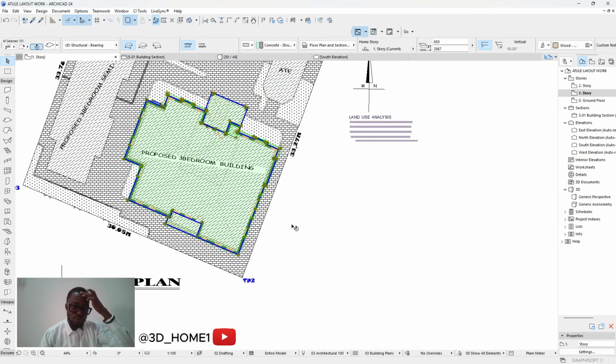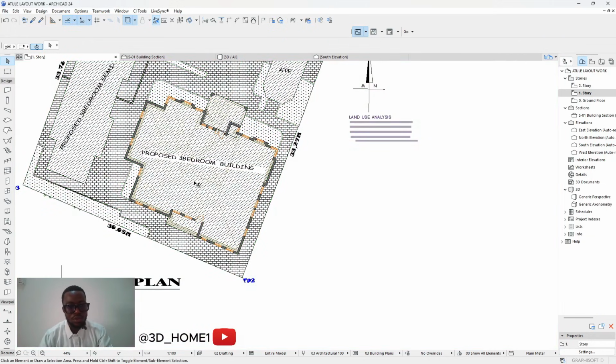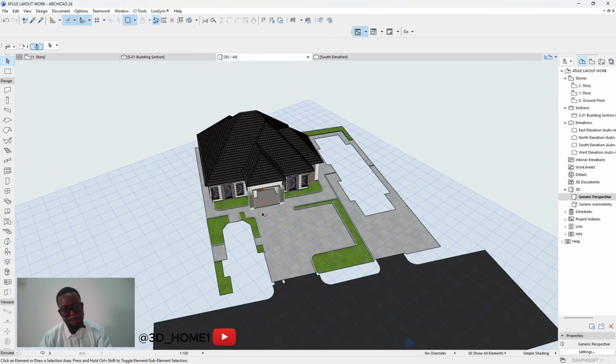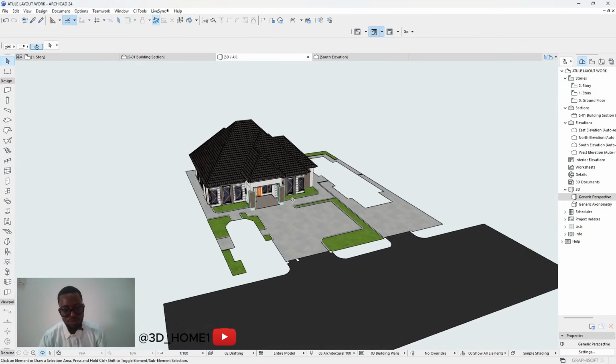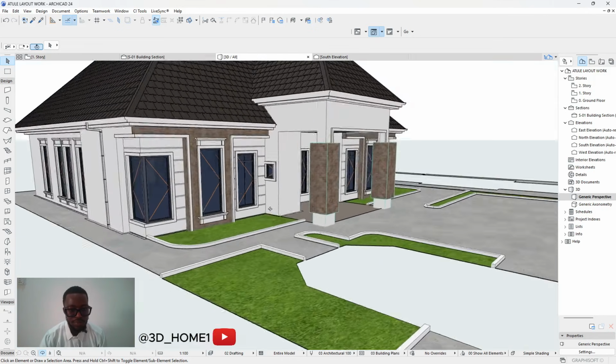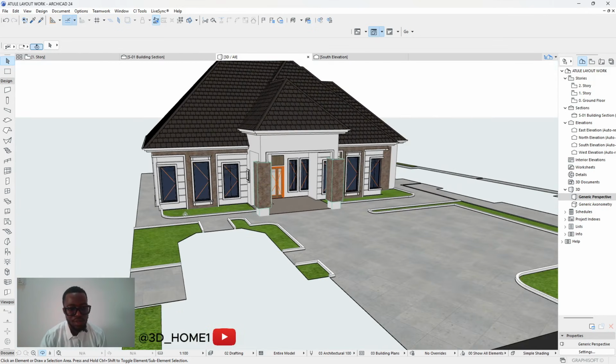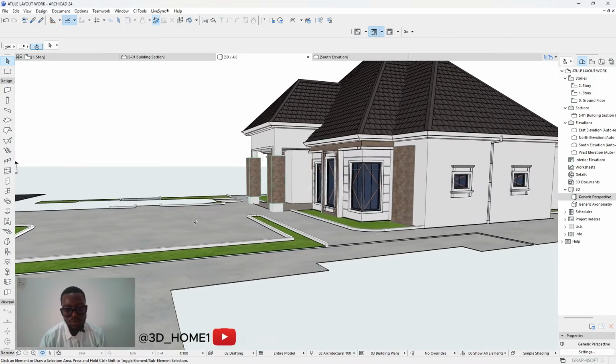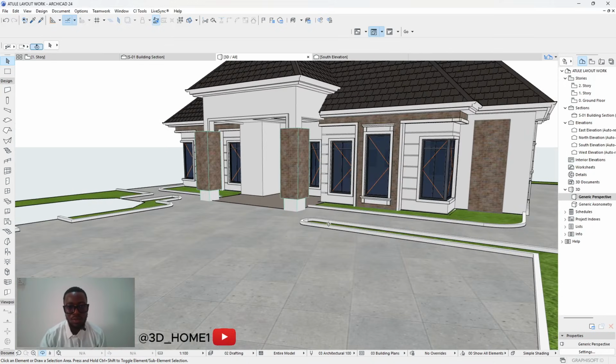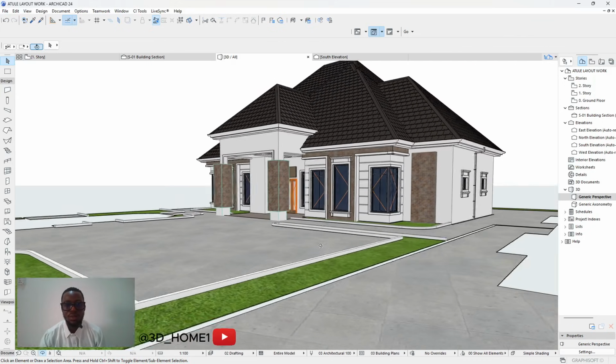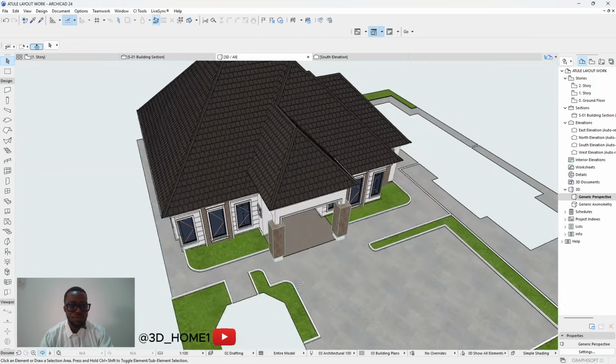To this part. Let's check the 3D first. So we've successfully mounted this one. Okay, thank God. We've successfully mounted this one. And let's see which one is left. It's left with this other one,